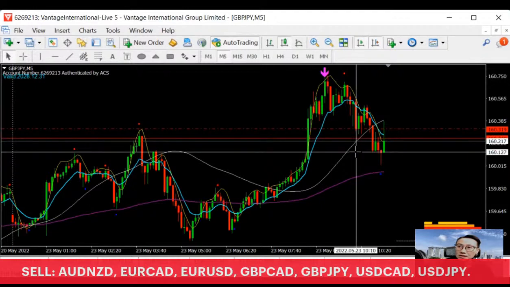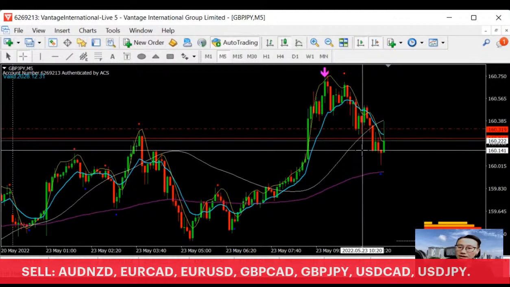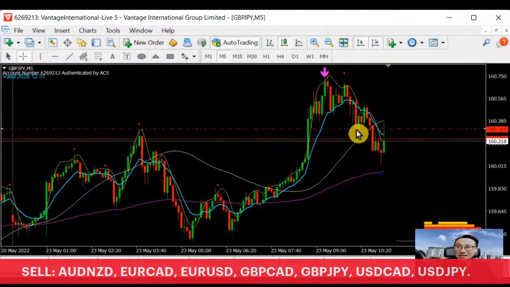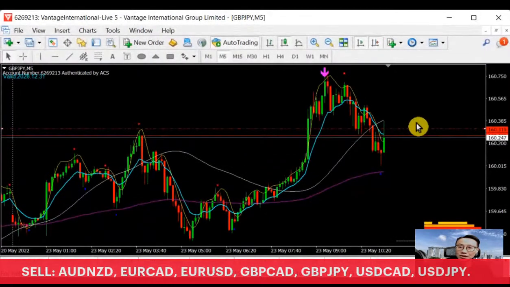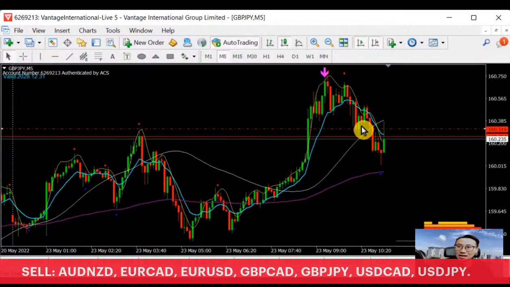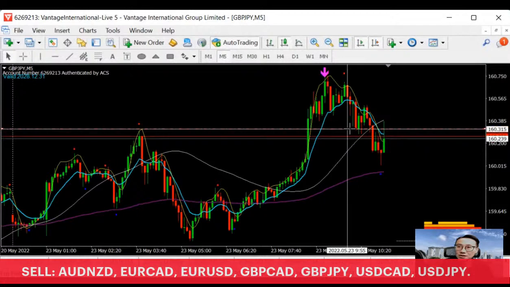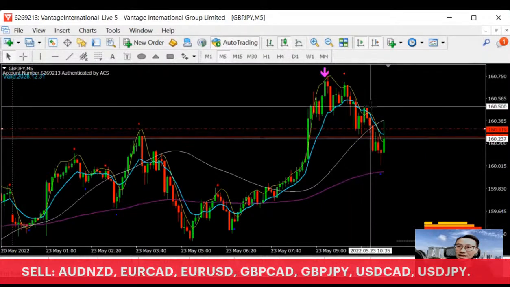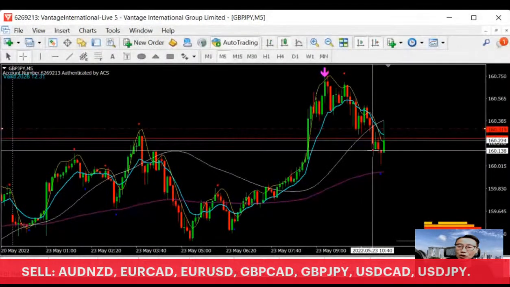So the current support that you are talking about is 160.134. This is a support level which can be a resistance later on. Just like this one, as I drew this line here. This is also a support, but the support has been tested once, and after being tested once it breaks. Then it comes to a lower support. So the previous high support, the last support here, has become a resistance.